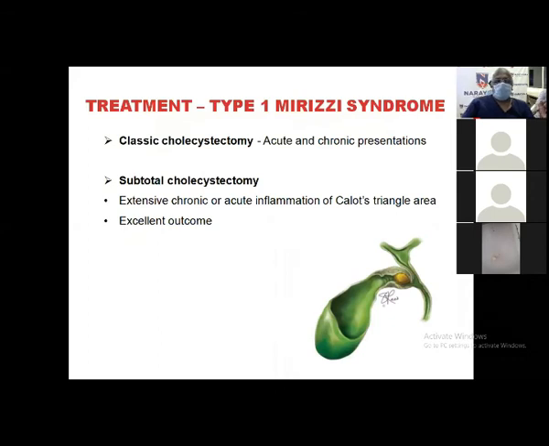Type 1 Mirizzi, a simple cholecystectomy, if you are able to make a cleavage here, usually you are lucky to get it with a little stump. Otherwise, try to push this stone a little bit into the gallbladder. Then you can ligate it somewhere. If nothing is possible, cut over here and do a subtotal cholecystectomy and ligate it here. The moment the stone comes out, this becomes narrow. You can put a ligature there and be done with it. That is called subtotal cholecystectomy. But type 1 Mirizzi in my unit, we somehow or other identify and do a classical cholecystectomy, correct?